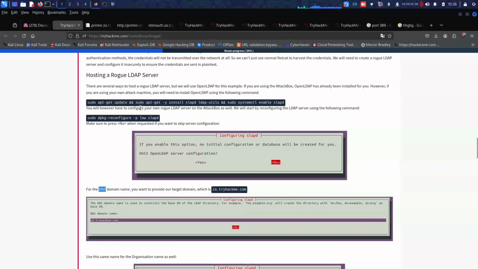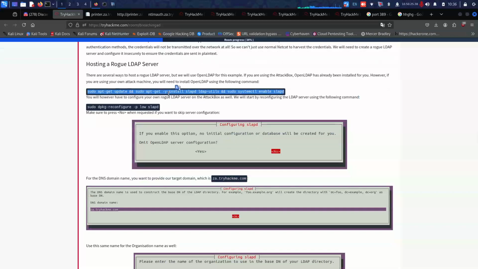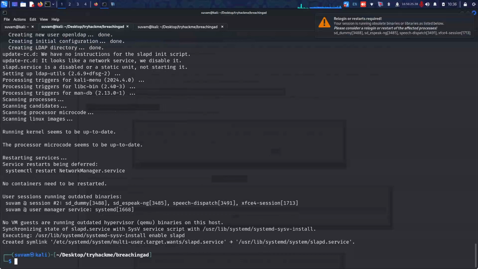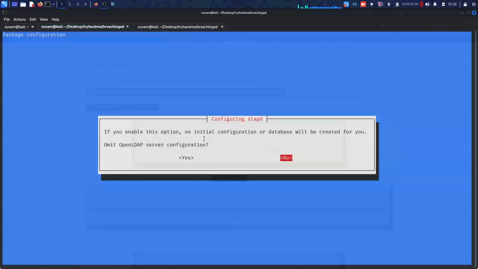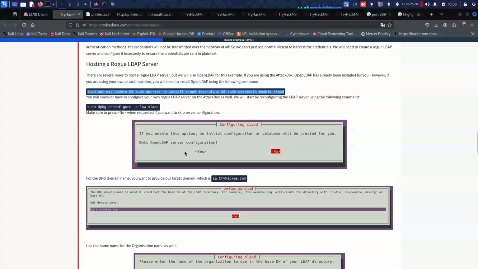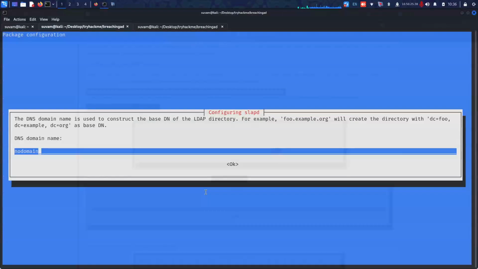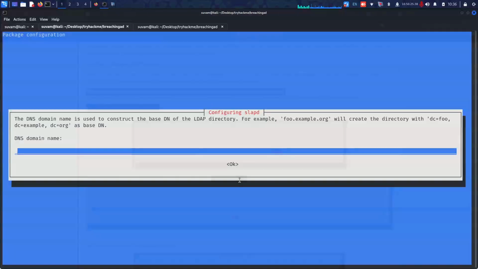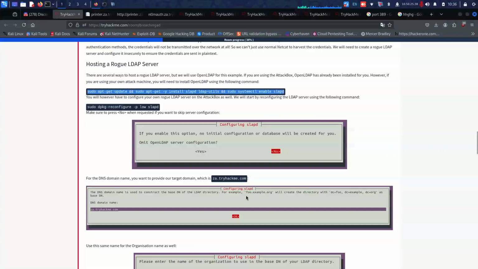We need to learn more tools so that in case of an engagement we can't just rely on a single tool. So let's click OK. We don't need to restart the service. What do we have to do? We have to click on no, and then for the DNS domain name we need to type za.tryhackme.com. Yep. And then the organization name,